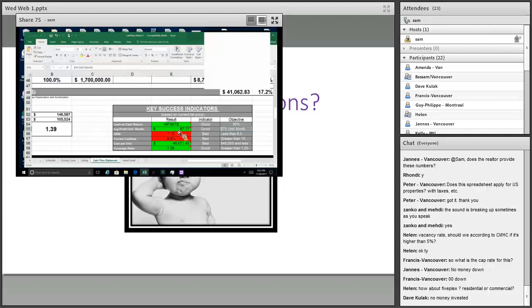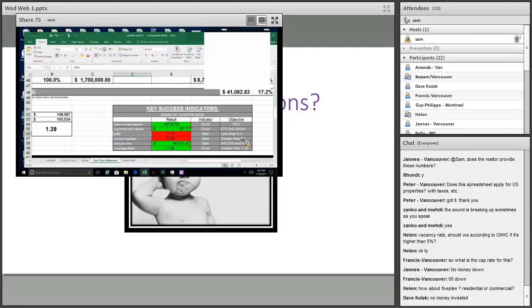75, like I told you, was a minimum. We don't really want to go less than that. A little bit more would be nice, but roughly $100 a unit is great, because this is counting after we've paid everything. This is what we're making per unit. GRM is gross rent multiplier. Everybody get that? Gross rent multiplier.